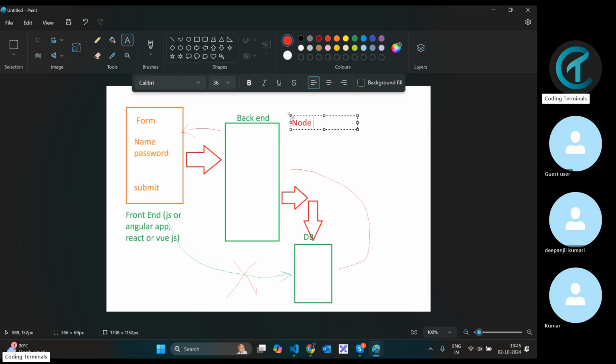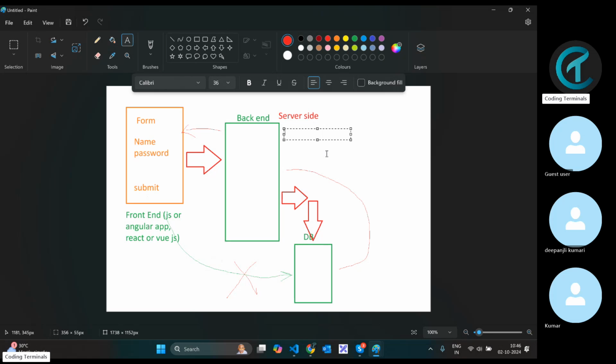So Node.js is a backend language, and a backend language is also known by another name, server side language. Most of the time, maybe you will hear backend or server side, so just keep this word in mind. Server side language has the facility, the functionality, to connect to